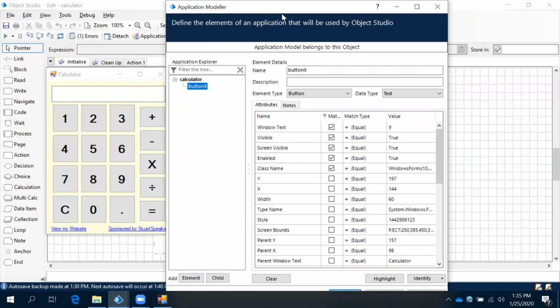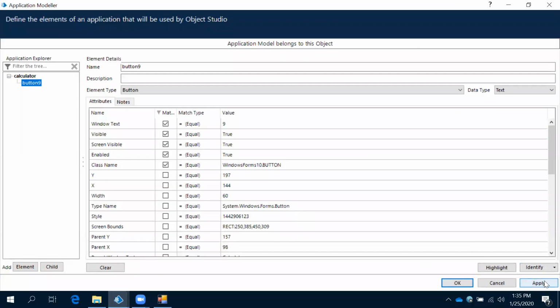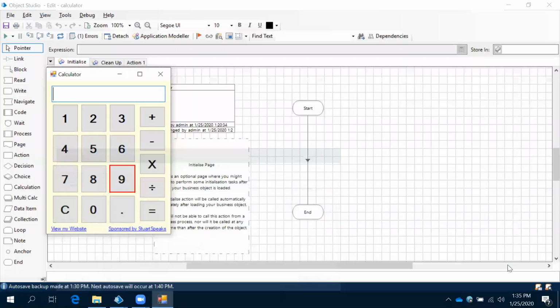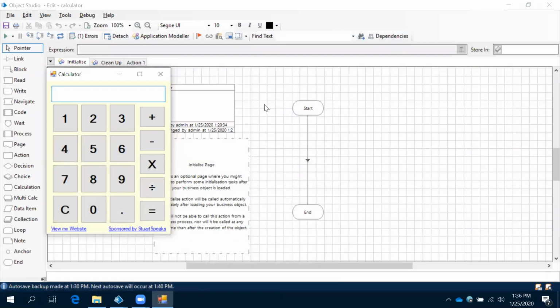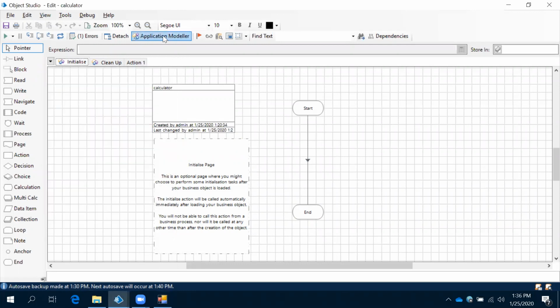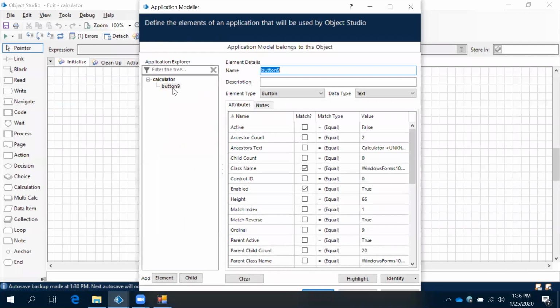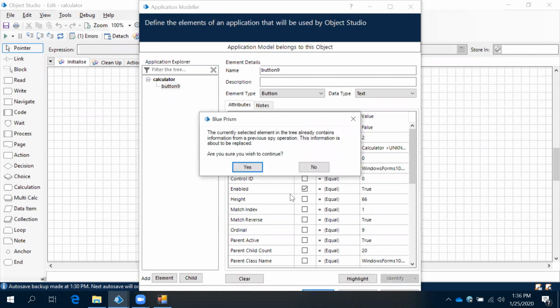Once the element is created, you need to click on highlight to cross check whether it is highlighting or not. After that, you need to click on apply. Okay, that's it. The element has been created. So what we have done to create an element: first we clicked on application modeller, and then we gave a name for the element, and then we clicked on identify, right?